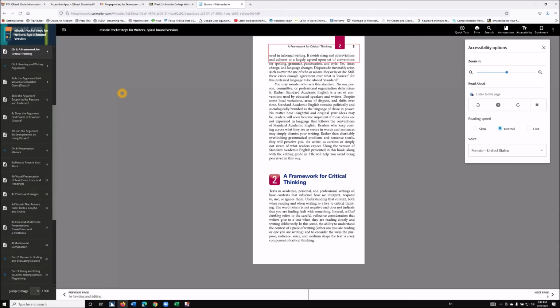52 of framework for critical thinking and formal writing. It avoids slang and abbreviations and adheres to a largely agreed upon set of conventions. For spelling, grammar, punctuation, and style, yes, times change and language changes. Disputes do inevitably arise, such as over the use of who or whom, they or he or she. Still, there exists enough agreement over what is correct for this preferred language to be labeled standard. You may wonder who sets this standard. No one person, committee, or professional organization determines it. Rather, standard academic English. Okay, and the majority of the pages read pretty flawlessly, so they don't intermix, like propose,